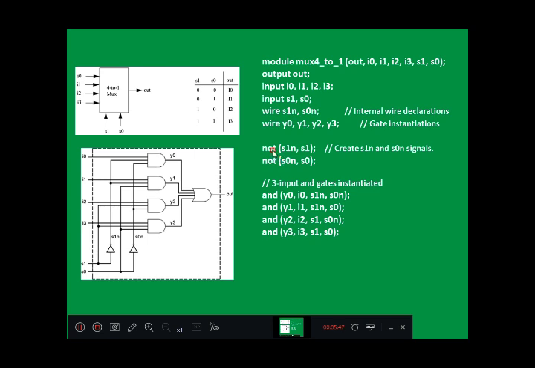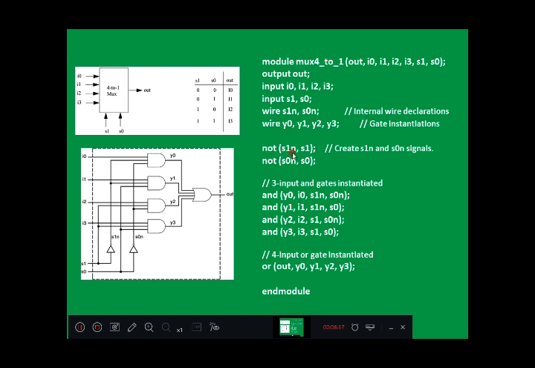So for the NOT gate, the instance name is not written; it is optional. Without an instance name also we can create a component in Verilog. Here not is a predefined component, and is a predefined component, or is a predefined component. These gates not, and, or are already defined with the tool, so readily we are making use of them.